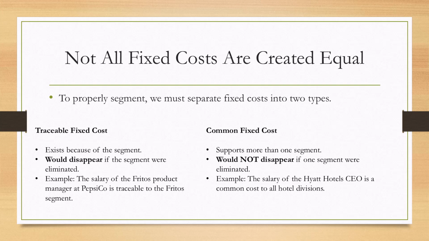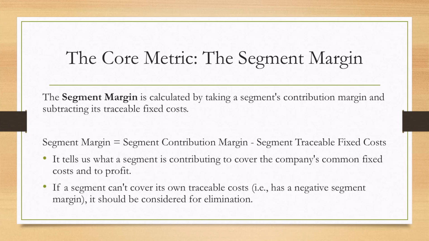The other type is a common fixed cost. This is a cost that supports the operations of more than one segment. Crucially, a common cost would not disappear if we were to eliminate one of the segments. For example, the salary of the CEO of Hyatt Hotels is a common fixed cost to all of the various hotel divisions. With that distinction in mind, we can now calculate the single most important metric in segment reporting, the